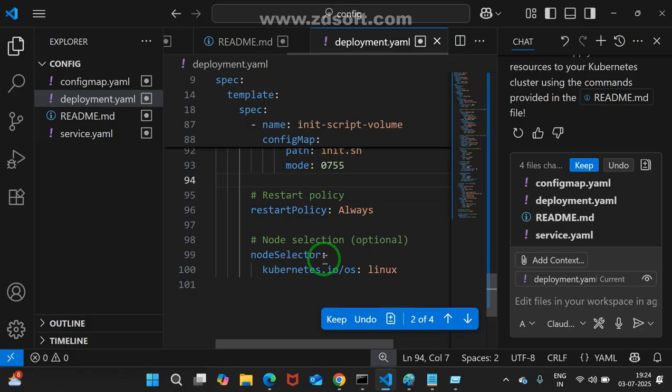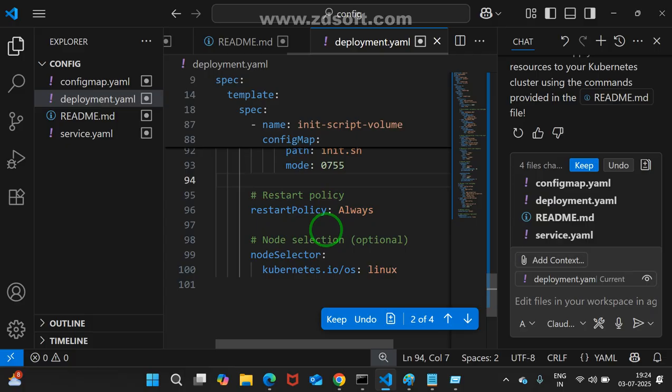See, node selector. Till now you don't know node selector, right? Kubernetes.io/os: linux. In future we will discuss node affinity and pod affinity. Assume 10 nodes are there. Till now we are having only one node, right?